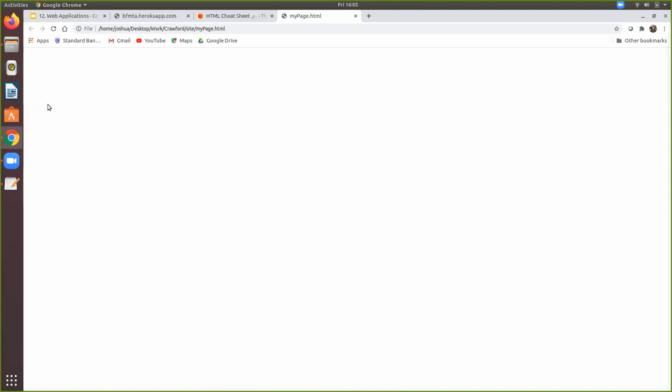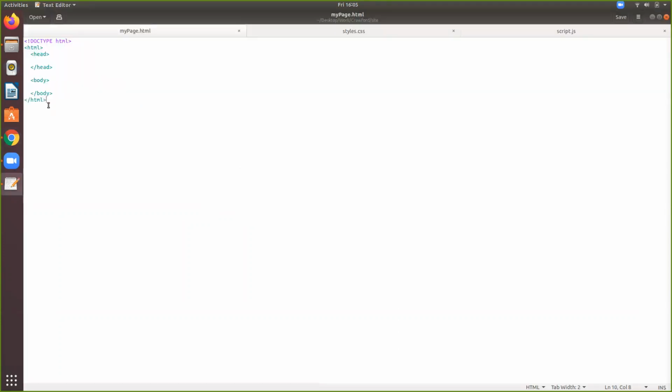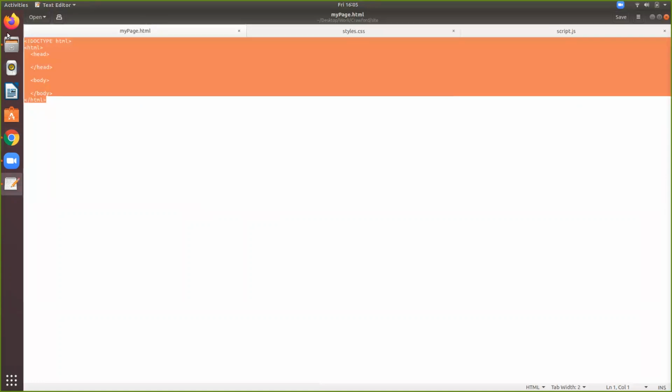But I want to show you guys something cool just so that you can appreciate what the browser is doing here, what purpose it's serving. As you can see, I have this HTML document open as text here, right? It's text. So what the browser is doing is it is interpreting the text. To show you that, if you open it up in most browsers and right-click on the screen, it'll just be a blank screen for now because we haven't done anything yet, but if you right-click on the screen and hit View Page Source,